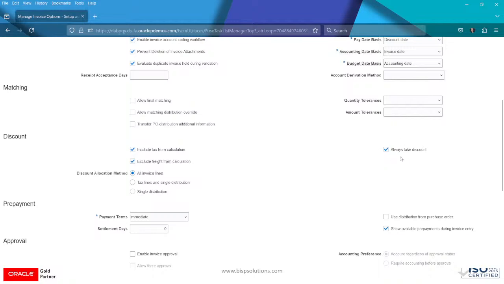Always take discount means that when you make the payment, first it will look for discount related invoices where you can take the maximum discount out here. The discount allocation, how you are going to allocate, in all invoice lines or tax line and a single distribution. So if you want all invoice lines, it will go with all invoice lines or say